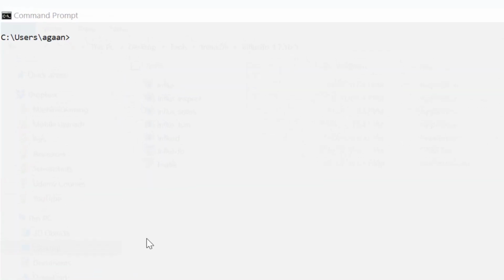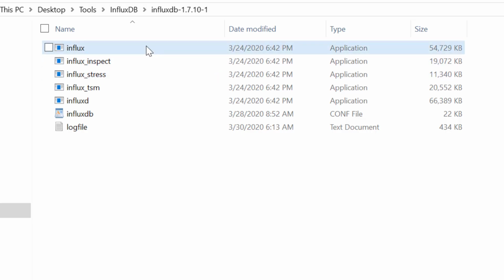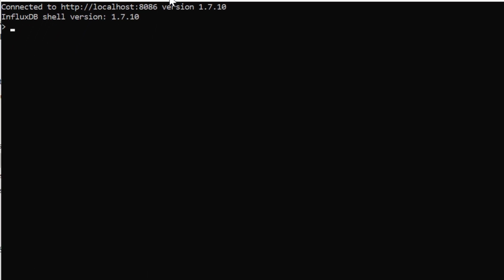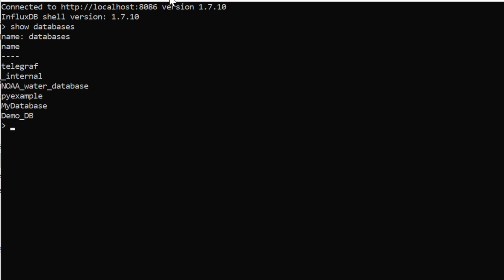Alright, let's check our prerequisites first. I'll go to command prompt and give the Python version command to verify my Python version. It is 3.8.2 currently over here, and I'll go to my Influx CLI and I am able to connect to it on 8086. In one of my last lectures, I installed InfluxDB on Windows. You can go through it in case you don't have an InfluxDB instance available. Then I can list databases over here. So these are the databases, right?